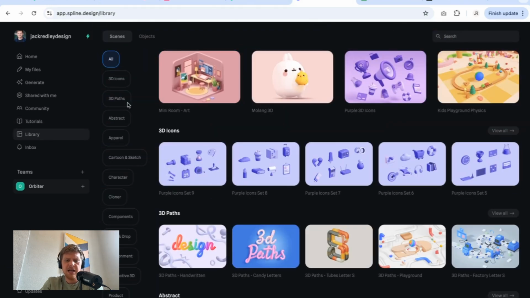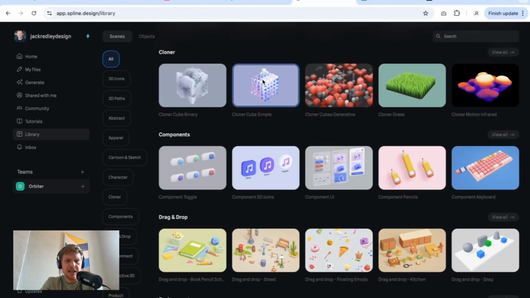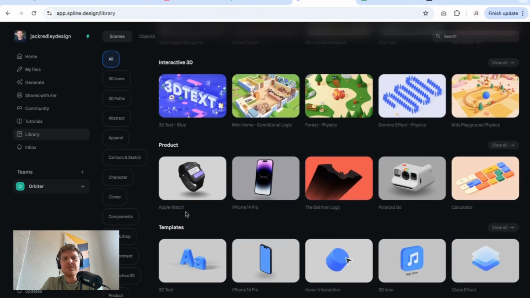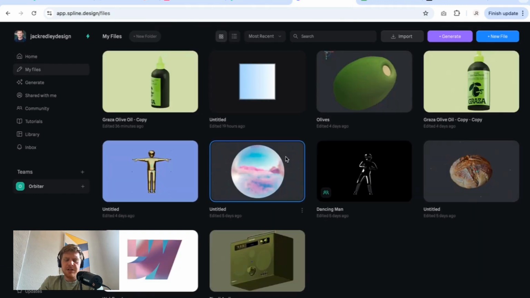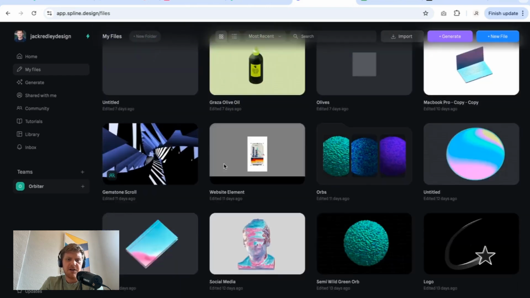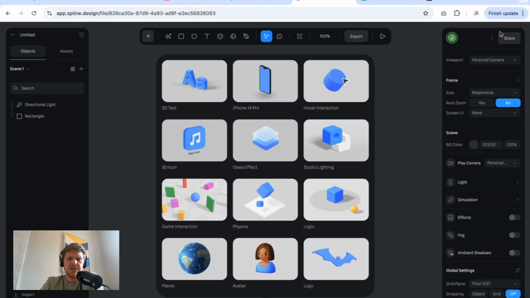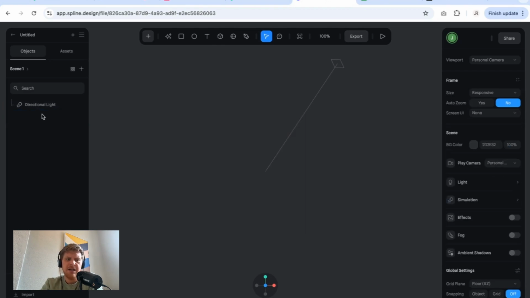And then you've got a library of different icons that you can also use for projects. These are like individual icons and assets to use. So cool, you're intrigued, I can tell. Let's get into actually creating our own new file. So if we were to click new file, then what we can do is we can get into here. Now we have a rectangle and we have this directional light right now. Now if we delete these, then we've just got a blank canvas, and we can click this plus icon up here